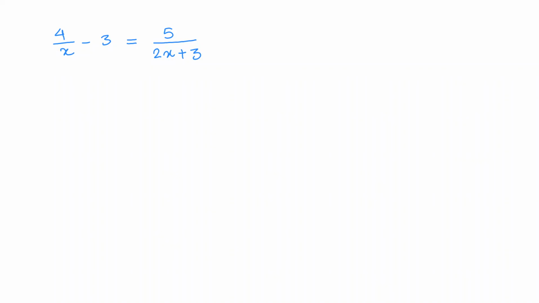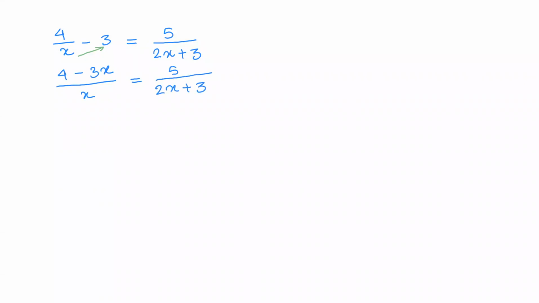But once we simplify this, you will start seeing that x square term. So tell me, how do we deal with this? So first of all, we are going to take the LCM over here. So this x goes and gets multiplied by 3. तो ये x सामने 3 से मल्टीप्लाई होके बन जाएगा 4 minus 3x. तो जब x सामने 3 से मल्टीप्लाई हो जाएगा, then x will become the common denominator, equals to 5 upon 2x plus 3.